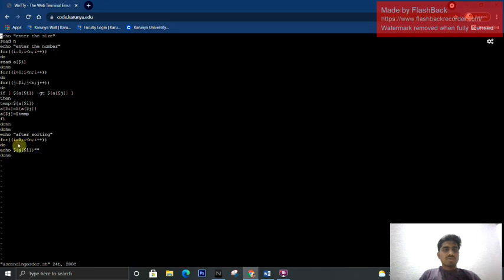For printing the ascending order in a straight line, we are using this for loop, i equal to 0, i less than n, i plus plus, do echo $a[$i]. It will increment up to the condition fails.